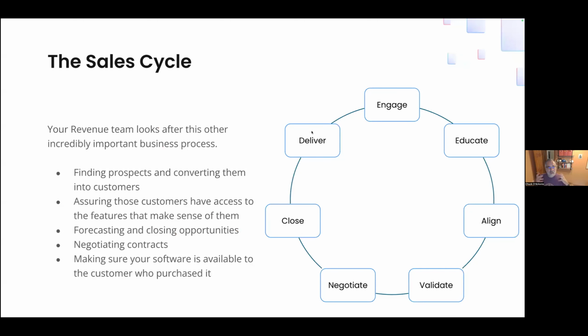So when I think about that, I think about the sales process and what the revenue team's doing, what sales folks are doing, and their process, right? They go out, they find people to buy your software. They make sure that the customers are getting the right features for what they need, the right additions, the right add-ons, et cetera. They spend a lot of time forecasting and closing opportunities. They negotiate contracts, right? If you've ever bought anything or sold anything, you know what that process can be like. And then there's also someone who wants to make sure that that software is available. It's an interesting step in the process because that seems to tie back into what we were just talking about,